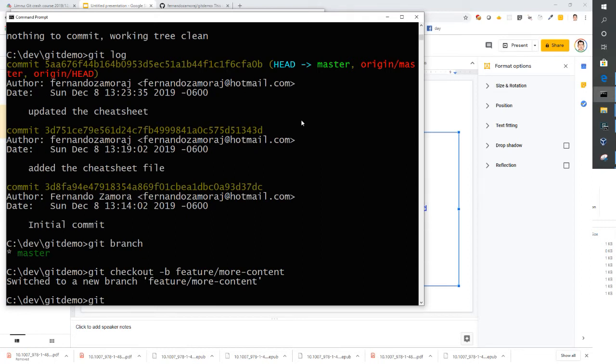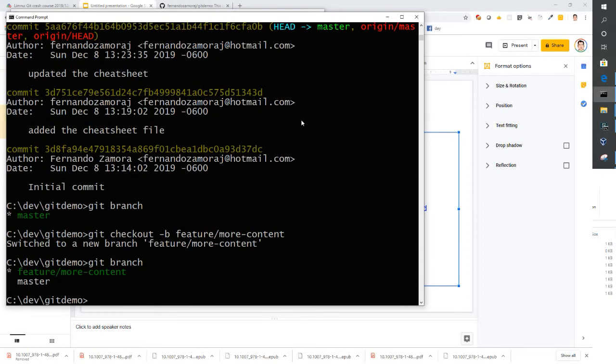If I do git branch again, you will notice that I have a branch called feature more content, and master. That means that everything that I do from now on is not going to master, but it's going to the branch. And you notice that it's green and it has the star next to the branch. So at this point, if I go back to my Visual Studio Code